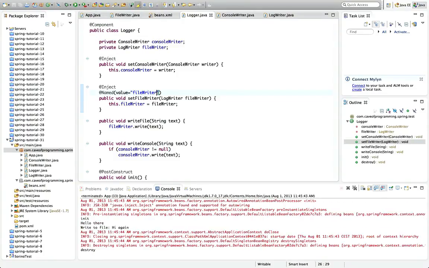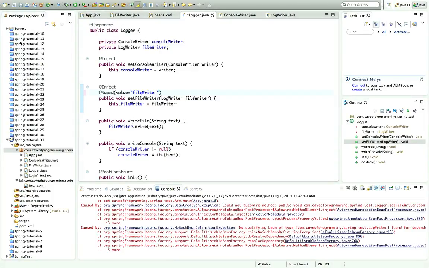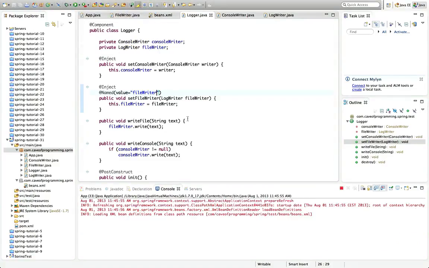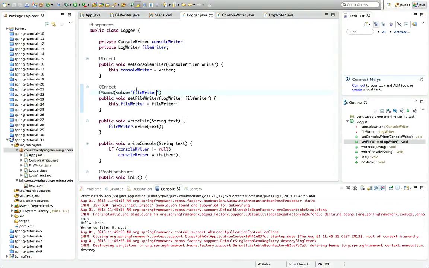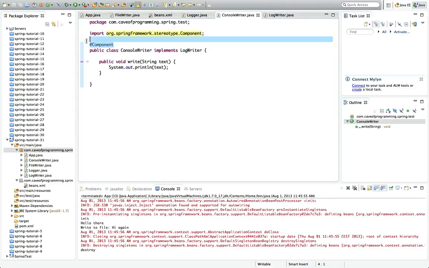it still works. Let's just see what happens if I put the wrong name in there. Will it still work? I'm not sure. It doesn't work. Okay, so that's good, which gives us a degree of confidence that it is actually doing something. So the bottom line, the point I'm trying to make, is that you can supply an ID for your component just by putting it in brackets in double quotes here, but you don't have to, and you can just use Component like this, and then you'll have a bean